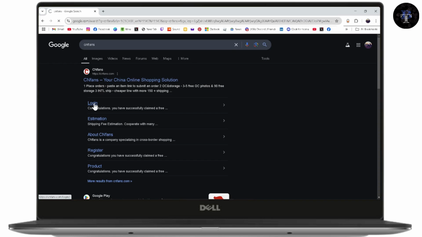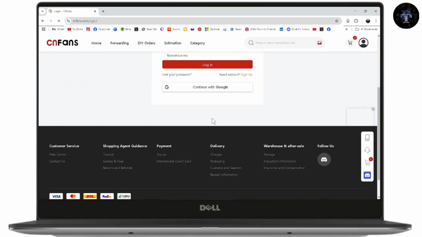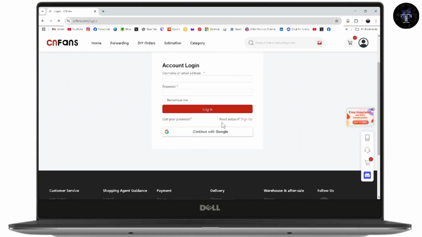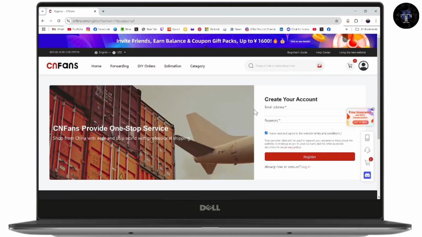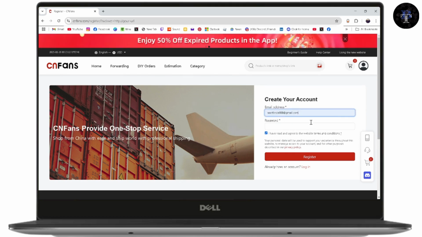Just click on login. Once you go with login, you need to scroll down a bit, and here you will have "need account, sign up." So you need to click on sign up, and it will take you to the register page, or create your account page. Under the create your account page, now you need to enter the email address on the first blank, and